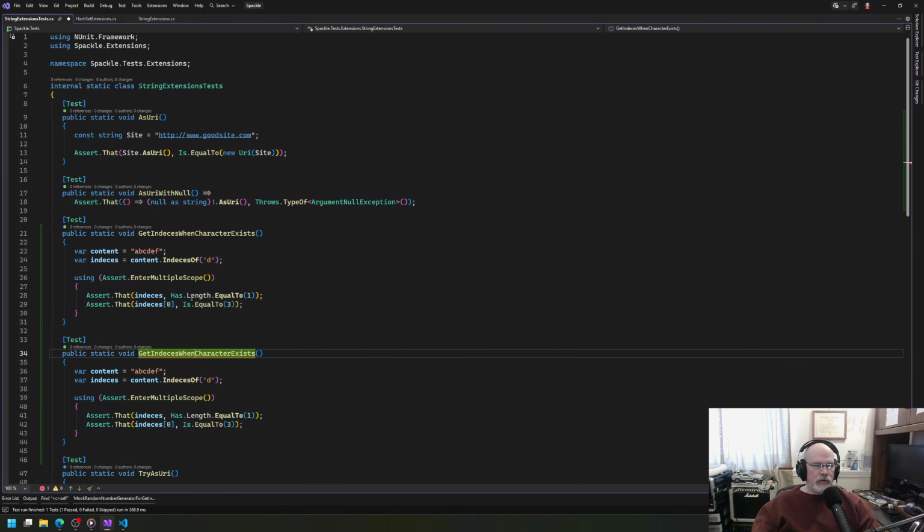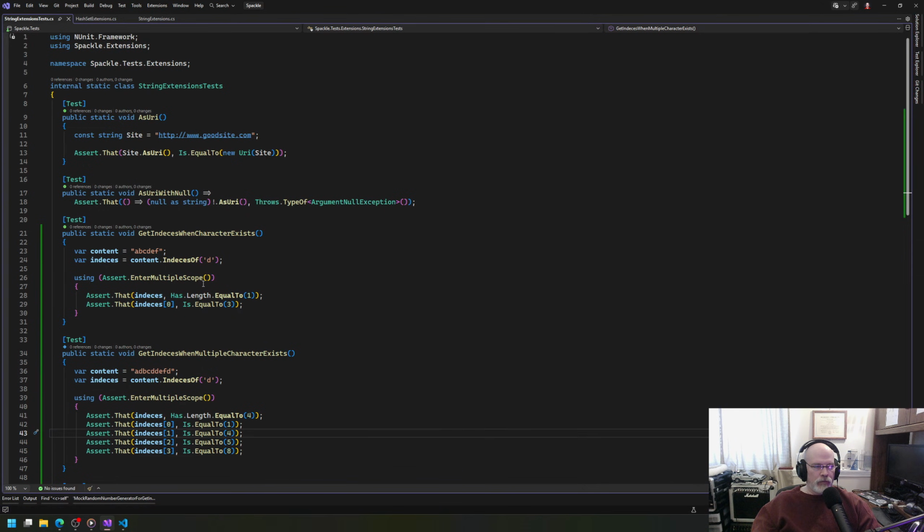How about when multiple? So we can have A, D, C, D, D, E, F, D. So now we should see 2, 3, 4. There should be 4. So let's get these in here and then figure out what the right values are. So we're going to have 1, 2, 2, 3, then 4 and 5, 6, 7, then 8. Okay. And now we want to have get indices where no character